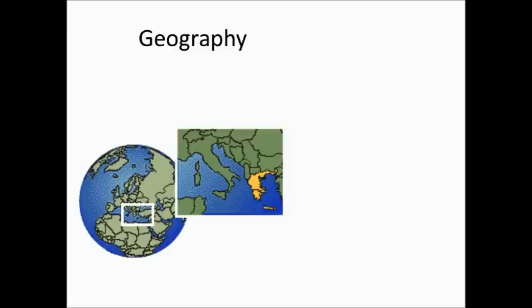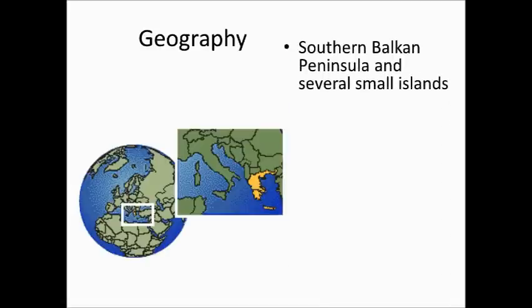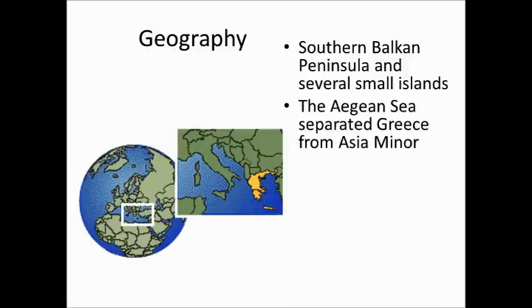So now we're going to talk a little bit about the geography of ancient Greece, and it's pretty much the geography today. The southern Balkan Peninsula and the several islands that make up what we know as Greece. The Aegean Sea is what separated it from Asia Minor and sort of was what life revolved around in ancient Greece, because most of the cities were built along the coastland, which was perfect for harbors. And so a lot of Greeks become fishermen. A lot of Greeks use trade, and they use their boats to ship items. And then some Greeks even become